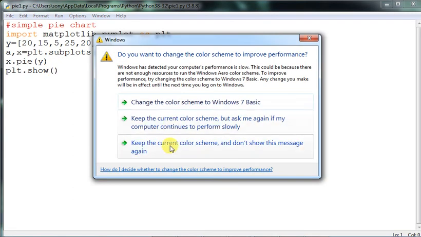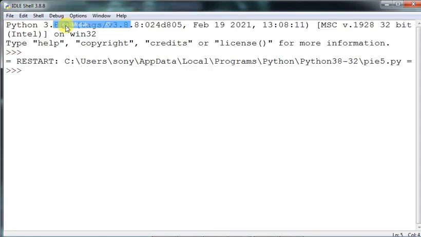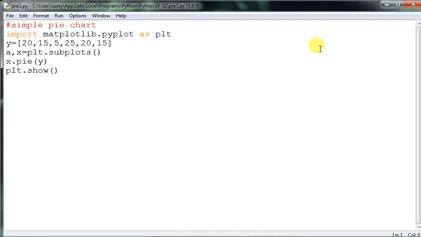What does this plt.show do? It will just display the pie chart. So let us see the pie chart first. Then run module. We are executing as usual, as we used to run the module. You will see the pie chart will be generated in a short while, and it will be displayed out here.